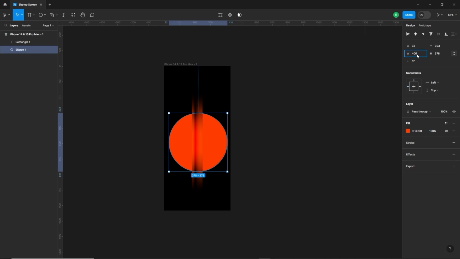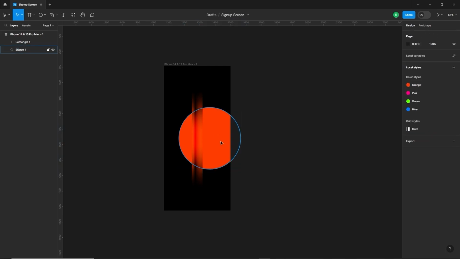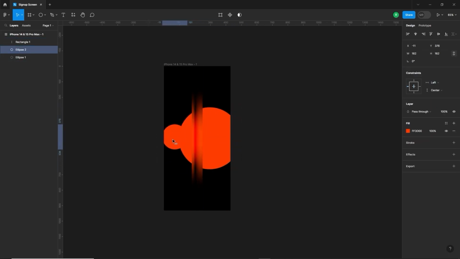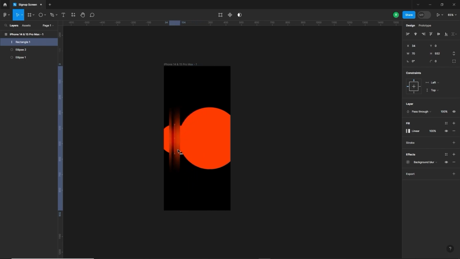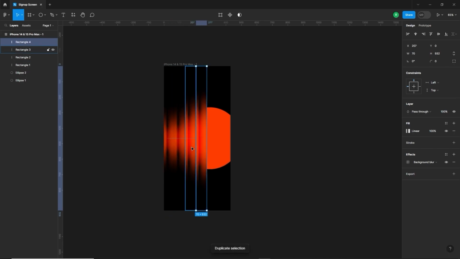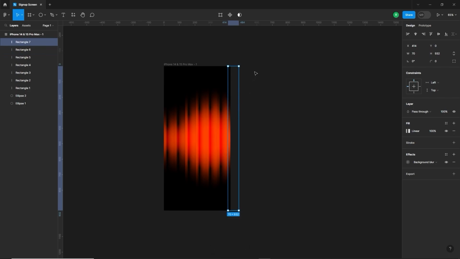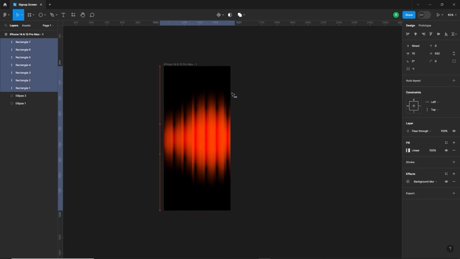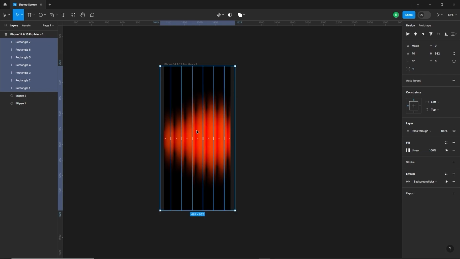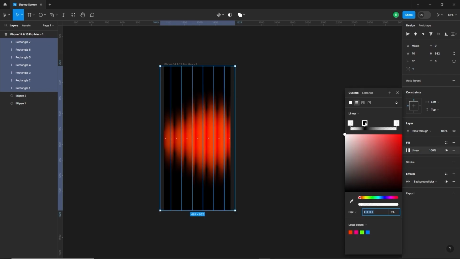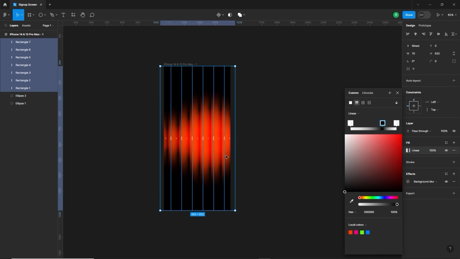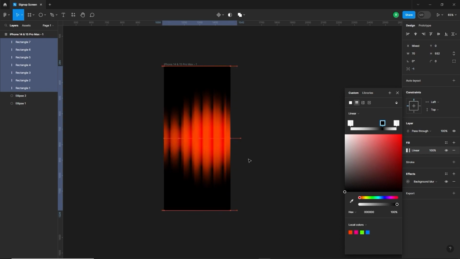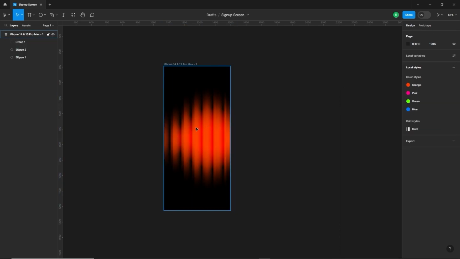Let's make this circle a little bigger, and we'll place it right here. Then create another copy of this, and it will be smaller like this. Now we will make multiple copies of this shape by dragging and holding Shift and Alt key, then Ctrl D. You can see the effect in the background. You can also change the direction like this. Let's group these shapes together by pressing Ctrl G. We will animate these circles at the end, but now we will design sign up text and buttons on the